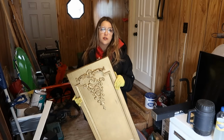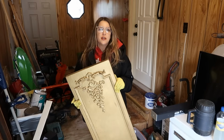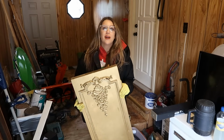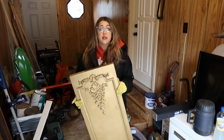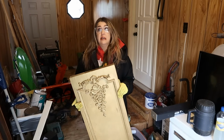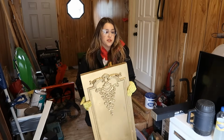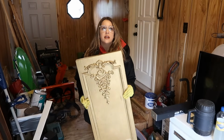They had a farmhouse look to it, and I've kind of moved past the farmhouse style. I love the farmhouse look. It's just not personally my thing anymore. It hasn't been for years. I honestly don't know what my style is. I used to think it was industrial. I don't think it is. We don't know. It's just fall. I feel like my whole house is fall. Getting sidetracked. Anywho, I wanted to do something cool with it, and